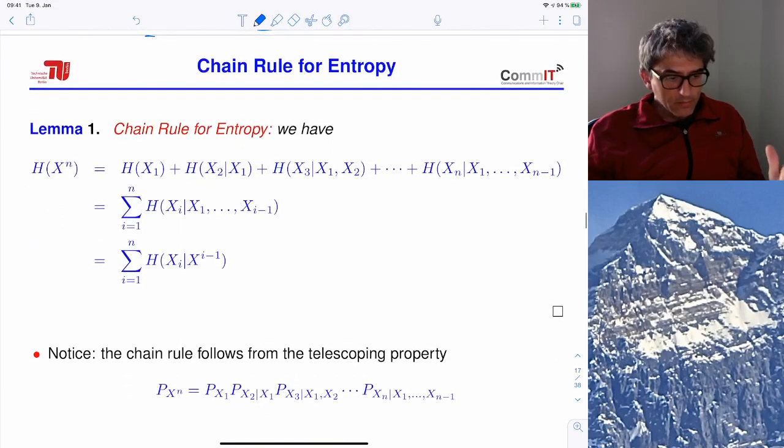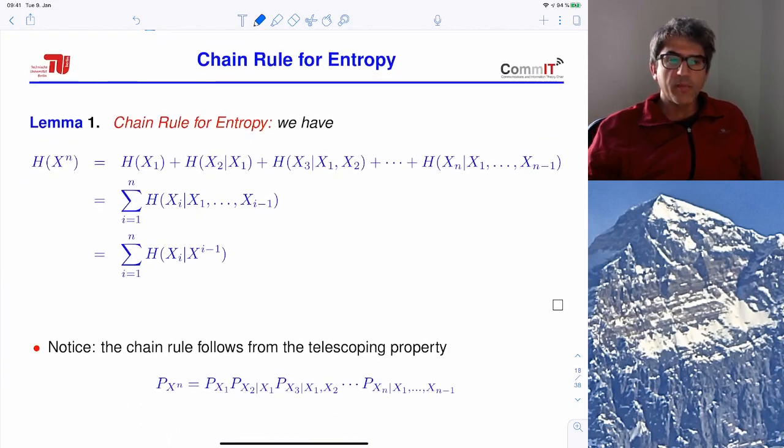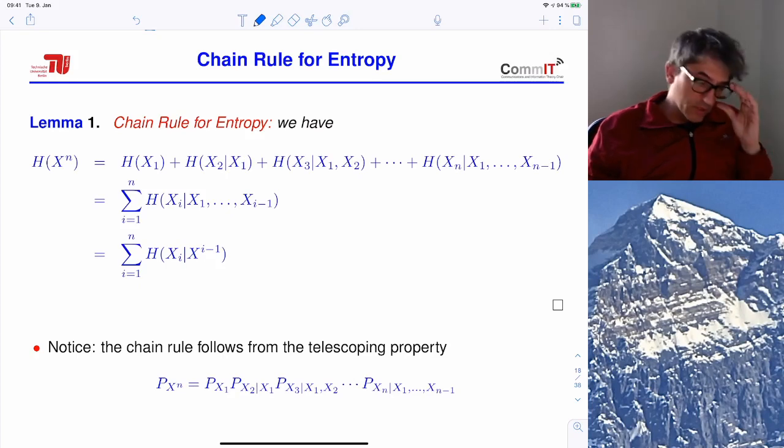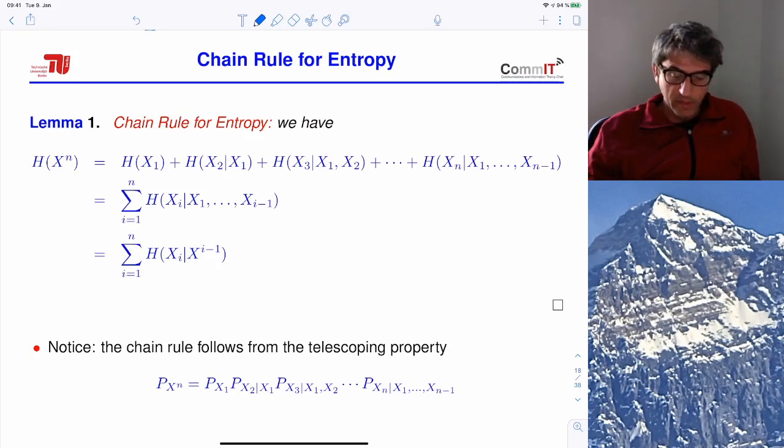And now we introduce a first important property of the joint entropy, which is very important in the manipulation of these quantities. We'll see later, when we deal with quantities that contain random sequences and we want to somehow break them down into simpler terms. This is called the chain rule for entropy. This lemma says that